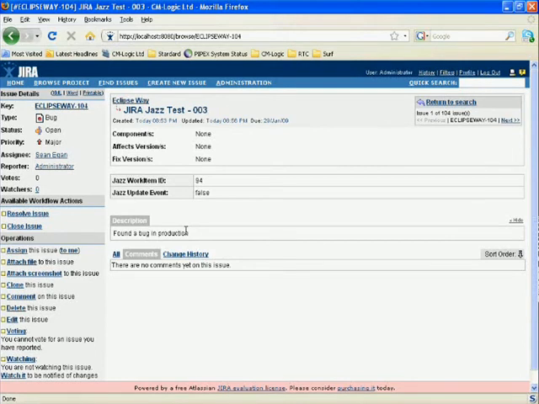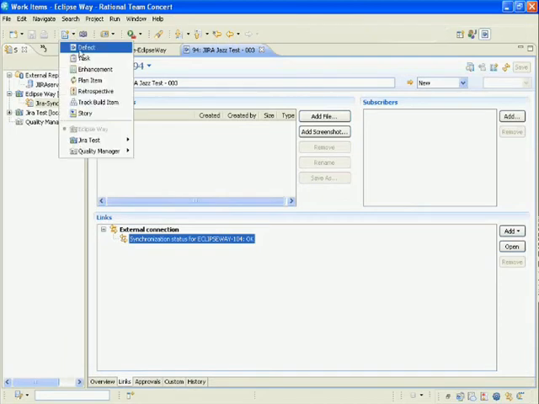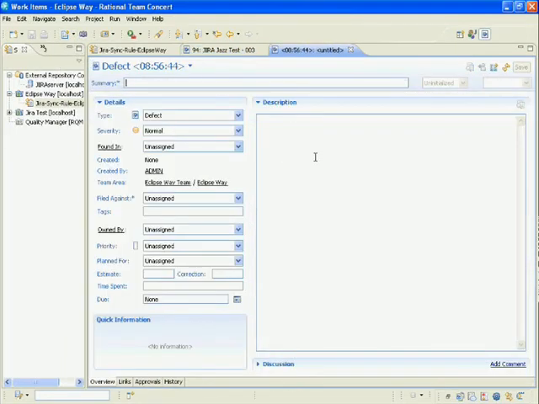In the same way that we can create an issue in Jira and link this with a record within a JAS-based application, in this case RTC, we can also create a record in the JAS-based application and link this with a Jira record. So if we return to RTC, we can create a new defect. We can provide a summary of the defect, as this is a mandatory field,